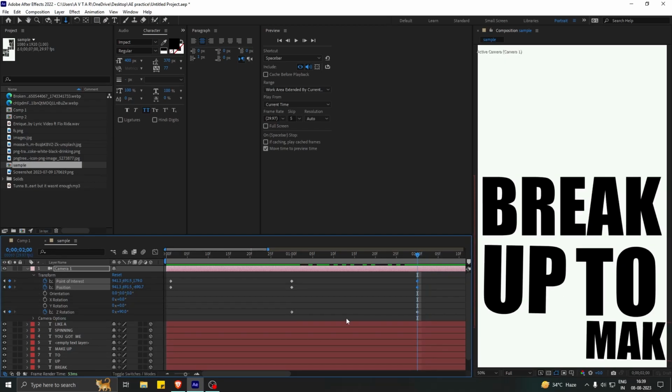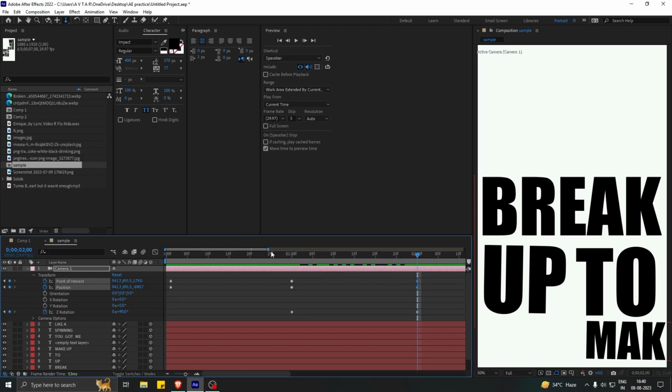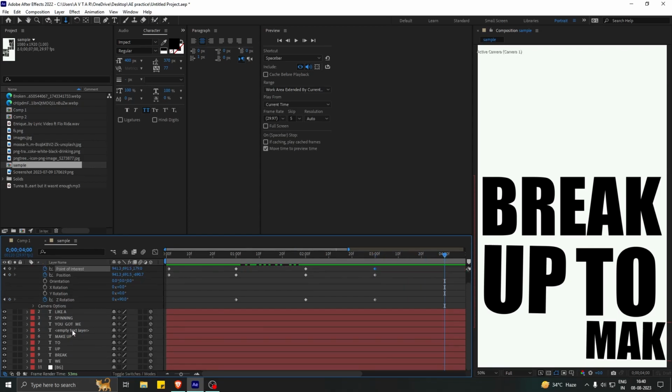Now we'll come to the next word again. Before going to the next word, you need to pause on this particular screen for some time. Let's pause for 1 second. That is why we're coming to the third second now. Again, we have to make a keyframe here, and then go 1 second ahead and come to the next word. How you can do that is you can just click on the word that you want,